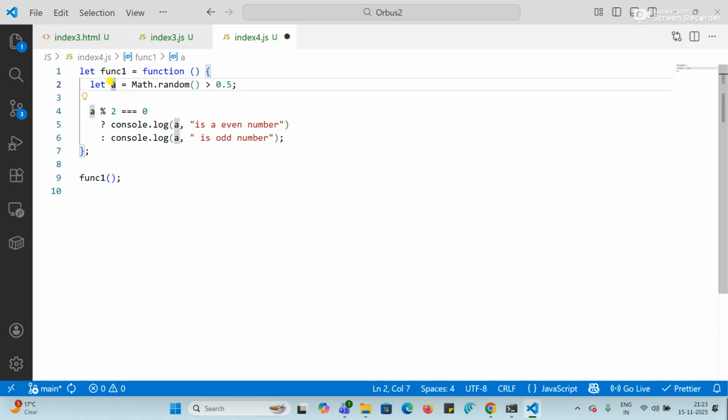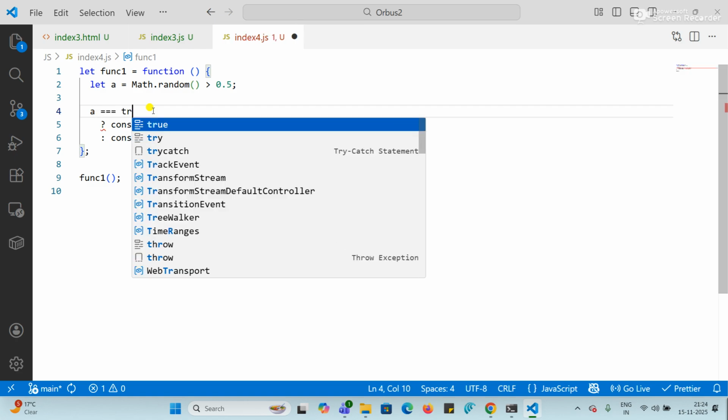So in case of true, this variable has the value true, otherwise this variable has the value false. So here, let's change the condition. If a is true,